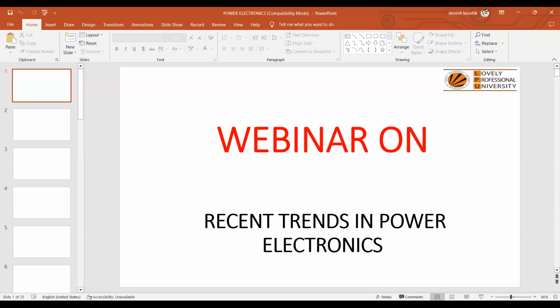Okay, so what is power electronics? Here we need to understand the real importance: it is the technology associated with the efficient conversion and control of electric power by using power semiconductor devices. Power electronics encompasses the use of electronic components, the application of circuit theory and design techniques, and the development of analytical tools toward efficient electronic conversion, control, and conditioning of electric power, as defined by the IEEE Power Electronics Society. Next.